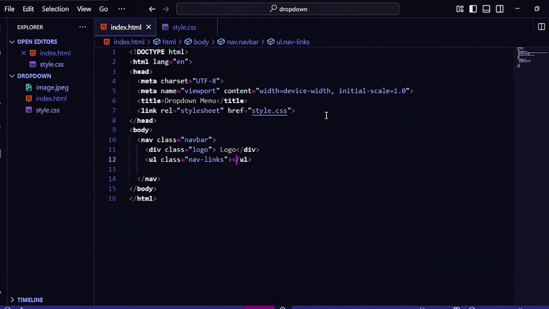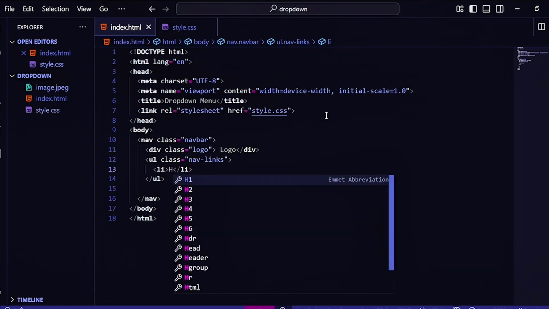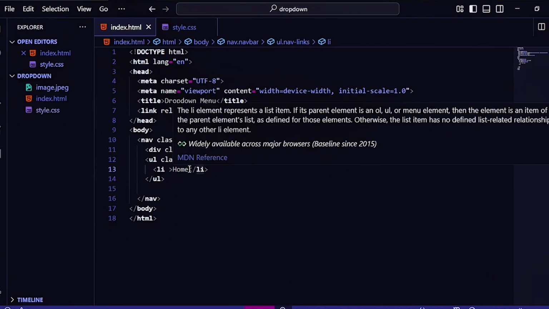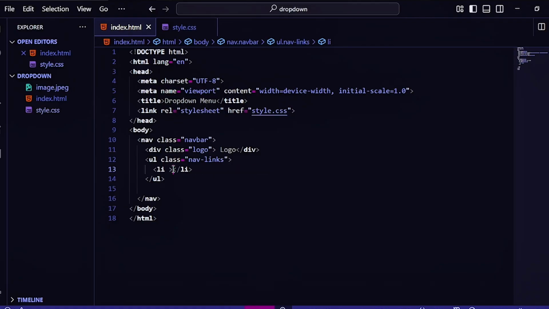So inside the UL, I'll be having the list items for the links. I'll be having a lot of list items for the links. So as we all know, for the first list item I'll be wrapping the list item inside an anchor tag. So the first link li I'll be having is for the home. Then after the home, we have the product, we have the services, we have other list items as well, but the first one will be for the home, where I'll be wrapping it inside an anchor tag. Okay, then for home,